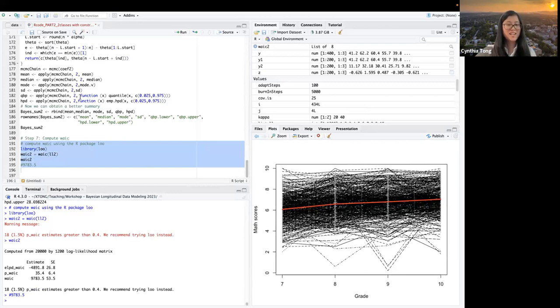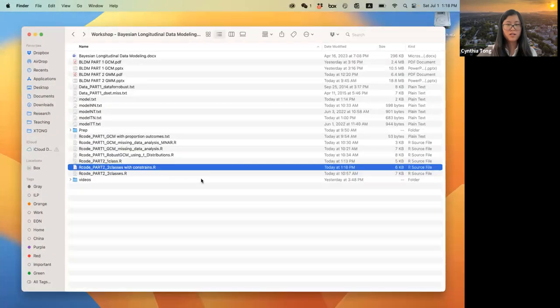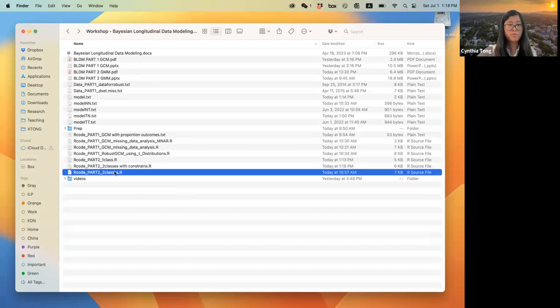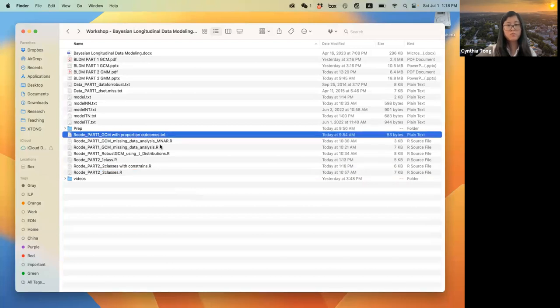Okay, so I think that's everything we have. Of course, as I showed you earlier, we also have code for 2 classes without constraint, but it takes a long time to run, and we also provide the code for the growth curve model with proportion outcomes.